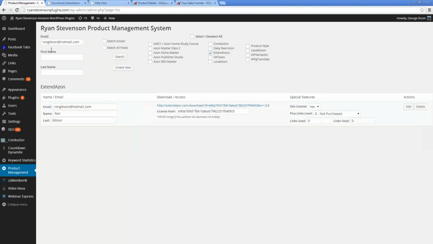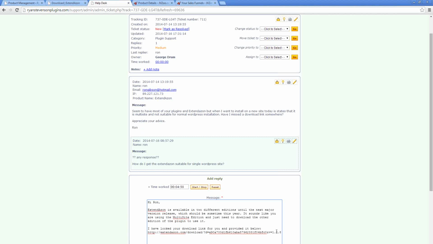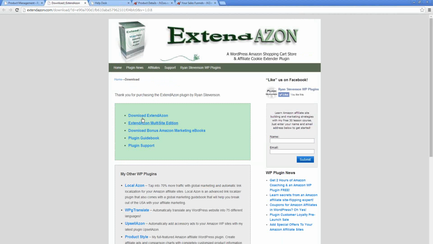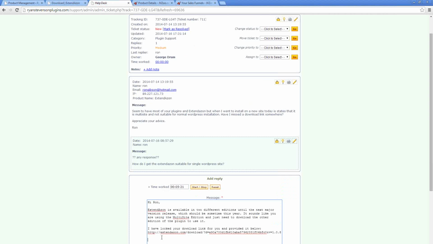That's where I went and searched for his download link and copied it off of there, just in case he doesn't have that anymore, because he's talking about how he just went to install on a new site or something. So then you provide the download link and try to explain to them where on that page they're looking. I'll usually copy the exact words and just say